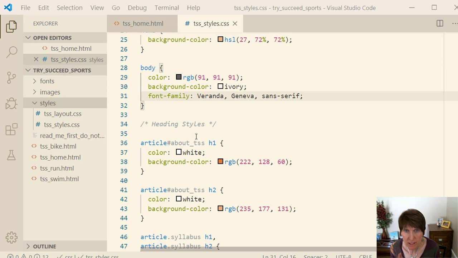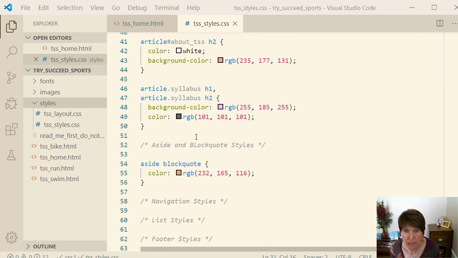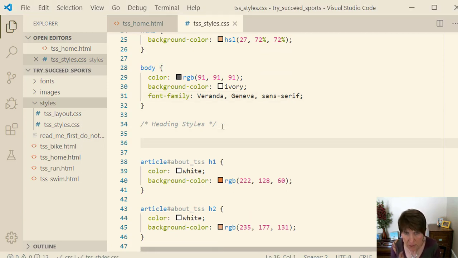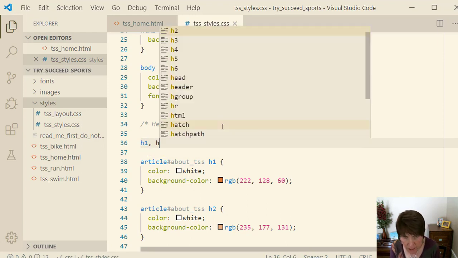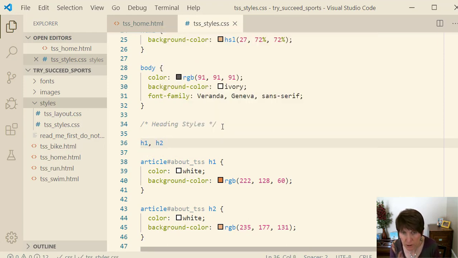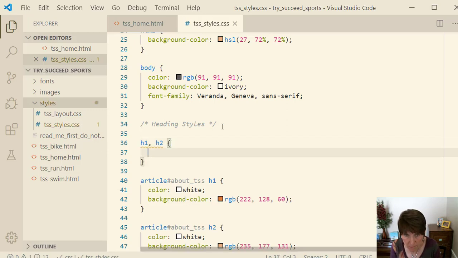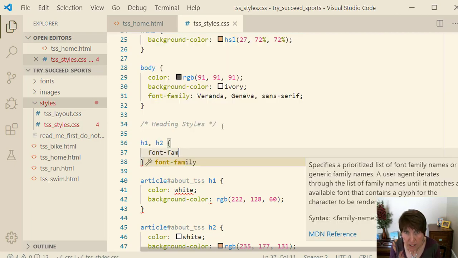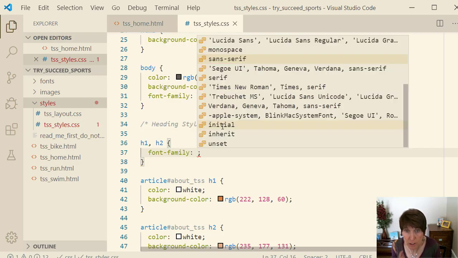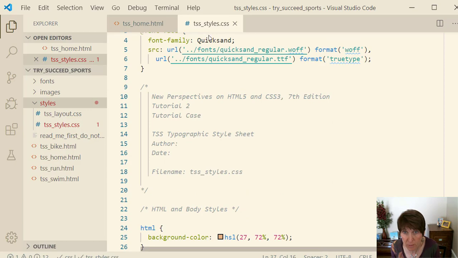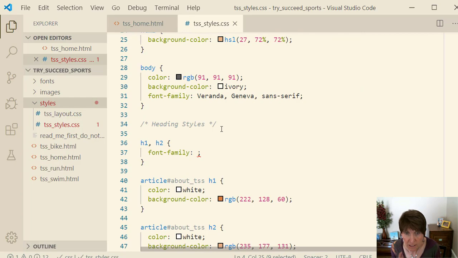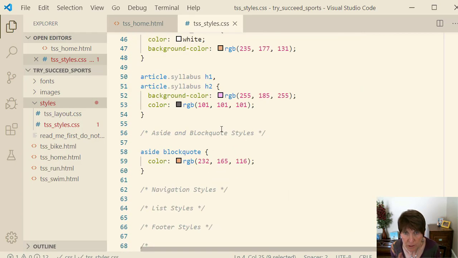But we want to add this particular font to our headings, not to all of the body text, but to the headings. So if we go down to the headings styles, and we want it to be both the heading 1s and the heading 2s. Remember that we want it to be to two different elements. We just put a comma between them. And now we can say we want the font family to be this new version. And what do we use for the name of the font family? We use exactly whatever name we gave it. In this case, we gave it Quicksand. So that's what we'll use